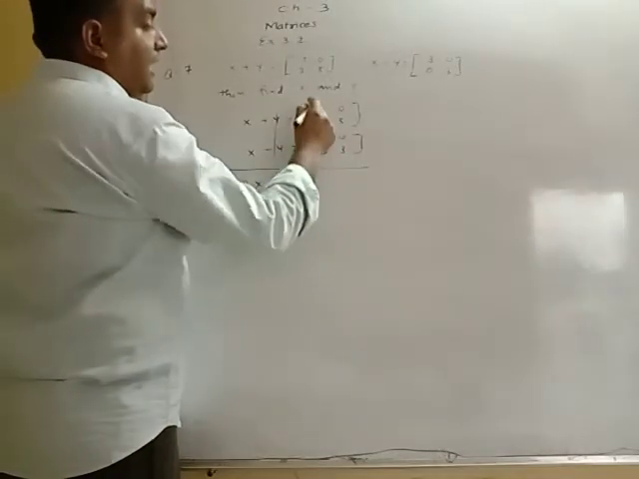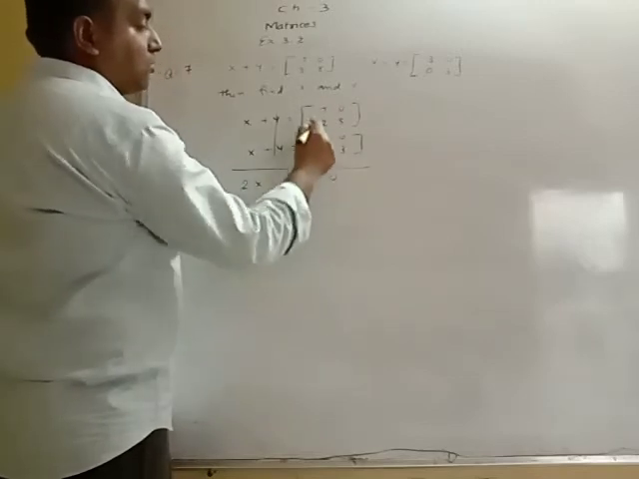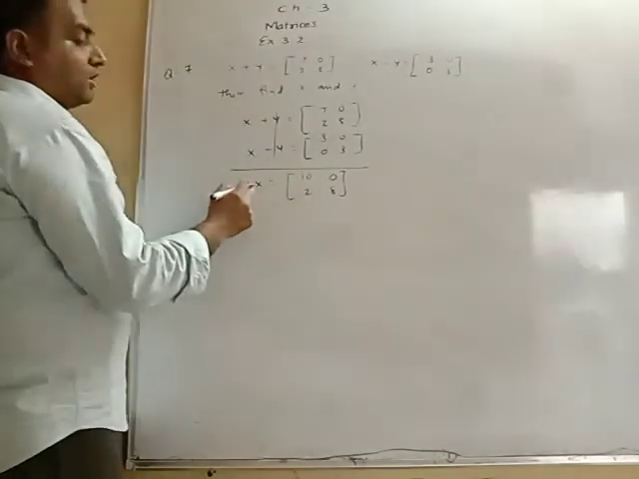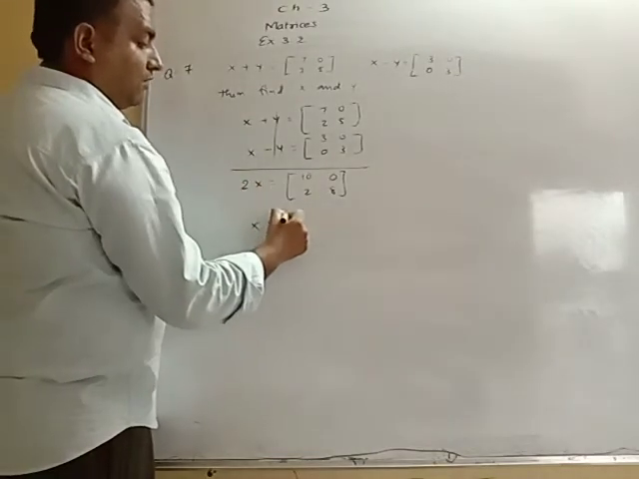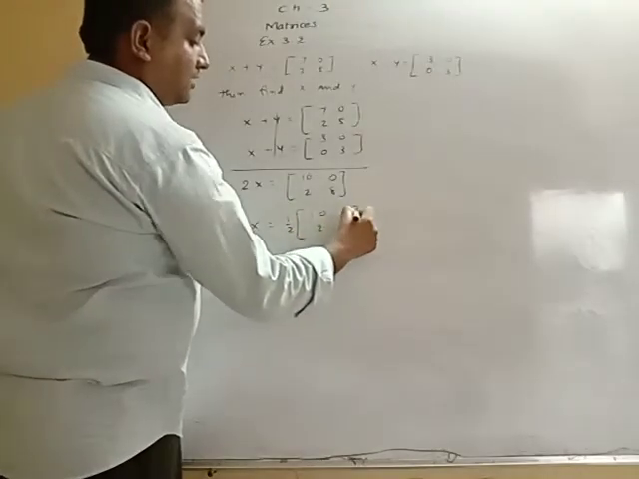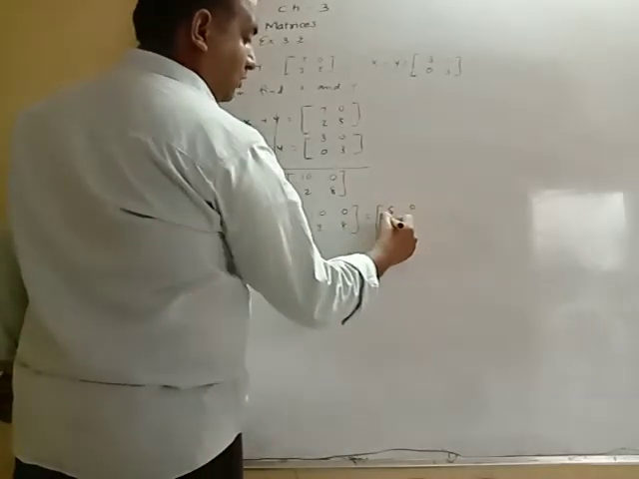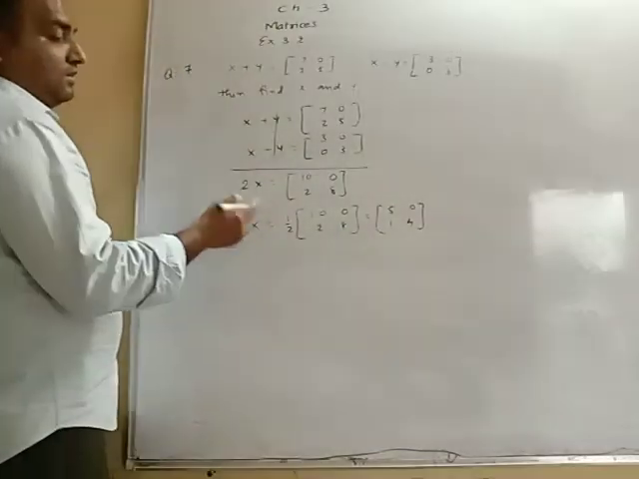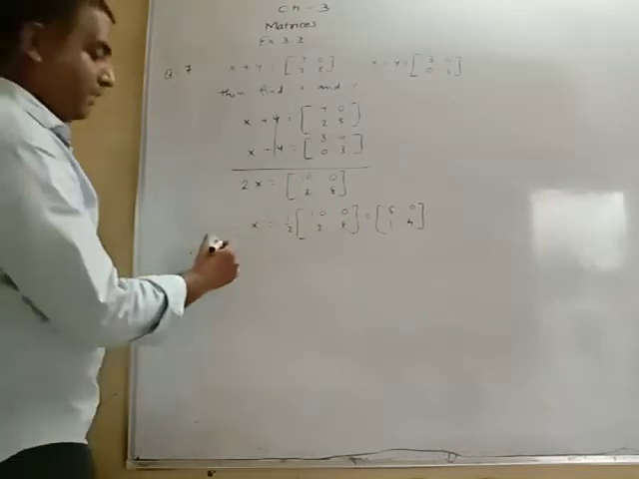to, we add them: 7 plus 3 is 10, 0 plus 0 is 0, 2 plus 0 is 2, 5 plus 3 is 8. So here 2x equals the matrix 10 0 2 8, and so x is equal to 1 by 2 of the matrix 10 0 2 8, and so it will be 5 0 1 4. Now to find the other variable y,